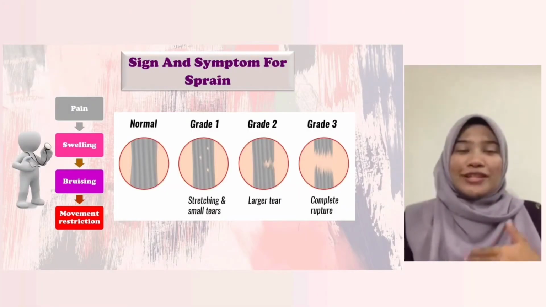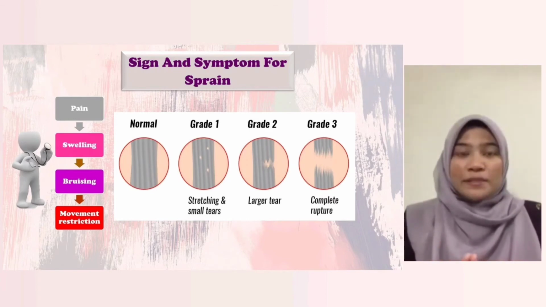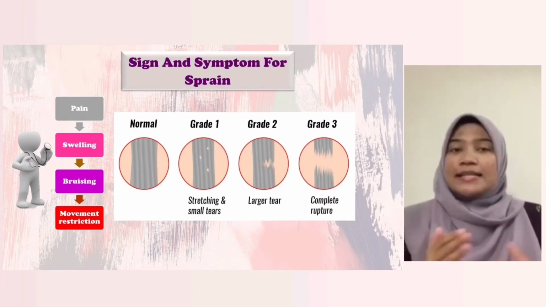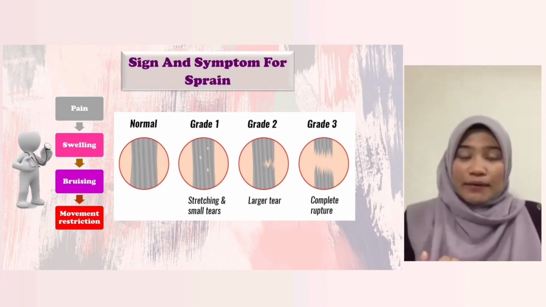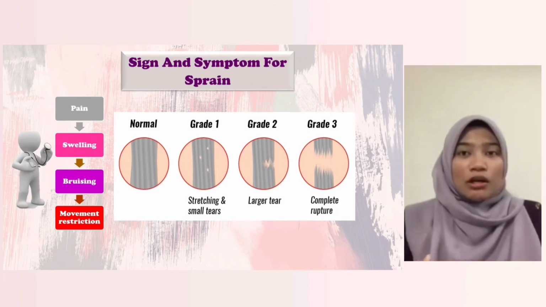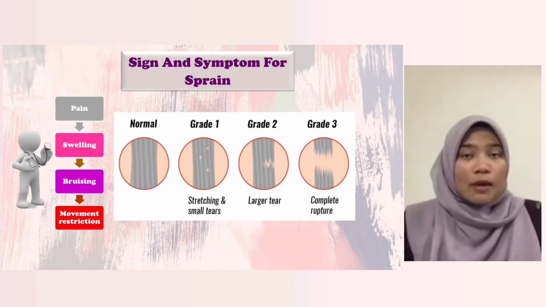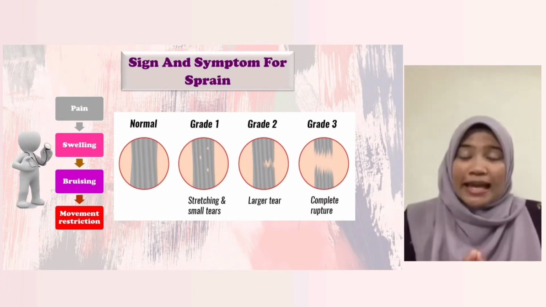Okay, we move to the next slide. It is about the signs and symptoms of the sprain. The signs and symptoms for sprain and strain are similar and may include pain and swelling in the injured area, difficulty using or moving the injured area in a normal way, feeling warm, bruising, or redness in the injured area. This can cause loss of the ability to move and use the joint, and it is called functional ability.